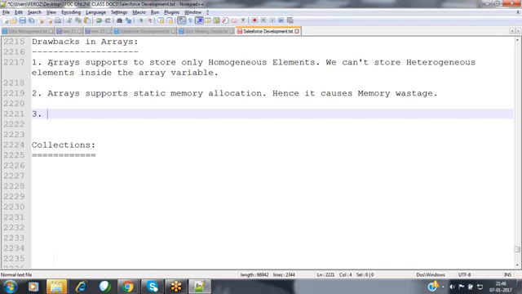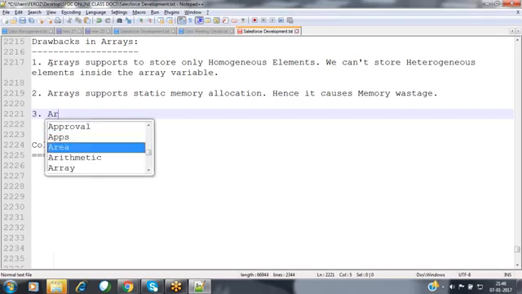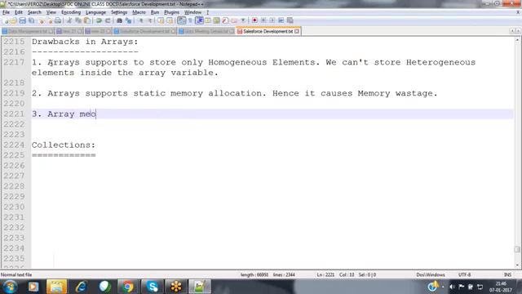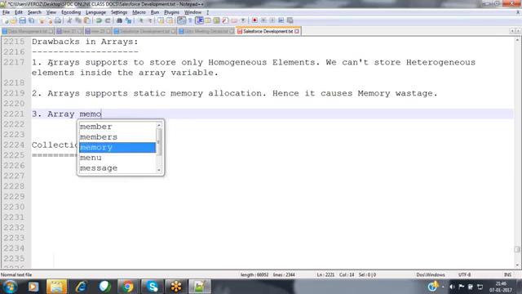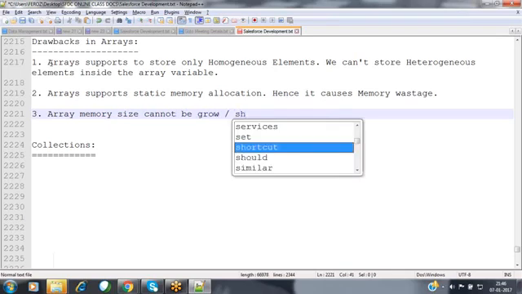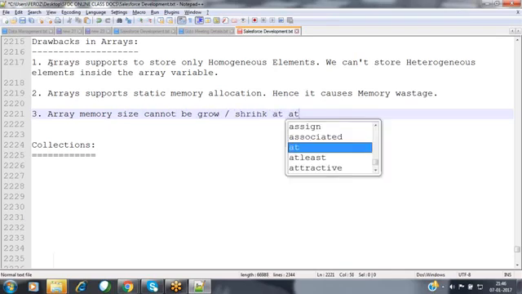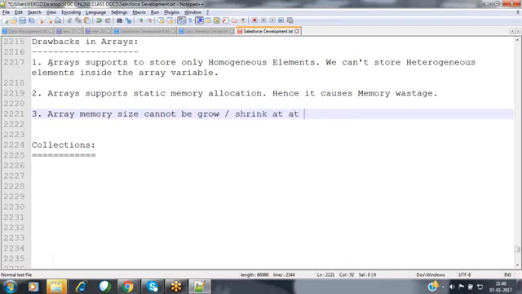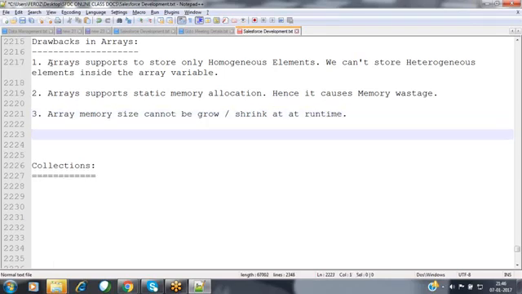The memory cannot be increased, the memory cannot be decreased at runtime here. Array memory size cannot grow or shrink at runtime. This is the third drawback here.